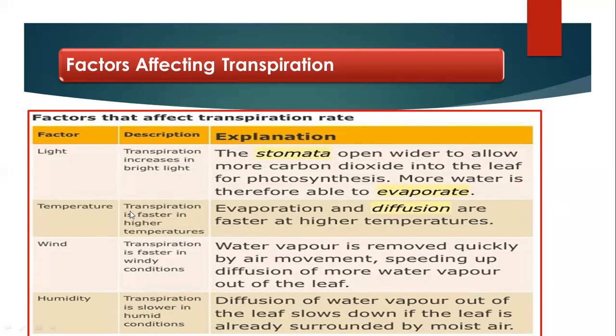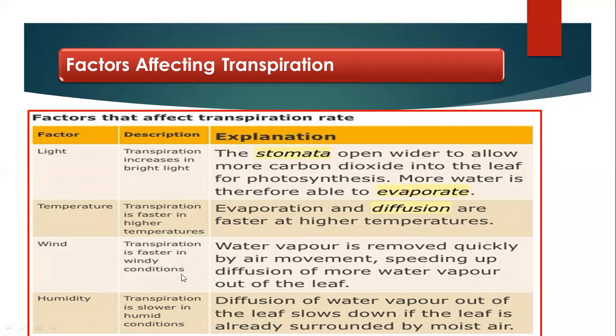Temperature: evaporation and diffusion. If the temperature is high, the transpiration will be faster. But this is with a limit. There is a limit for this. It is not forever. If you increase temperature forever, the transpiration will not increase forever. No, there are limiting factors here. So evaporation and diffusion are faster at higher temperature, but within limits. And wind,